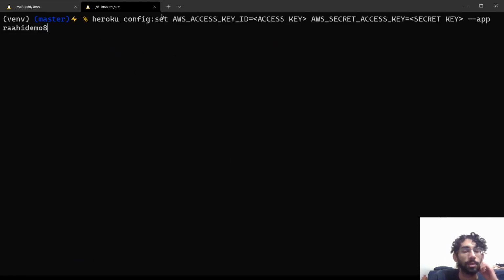So it's heroku config:set, and you're essentially saying, set this AWS access key ID to whatever your access key is, and set my secret access key to whatever the secret key is for your app. In this case, mine is rahi-demo-8. While I quickly get my keys,